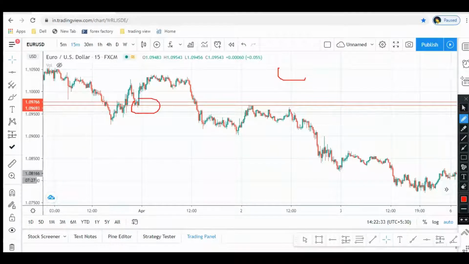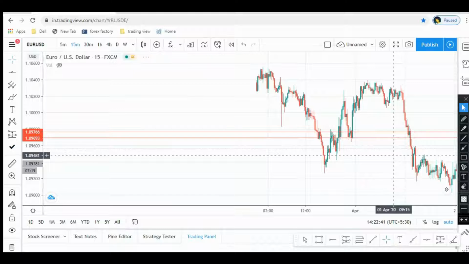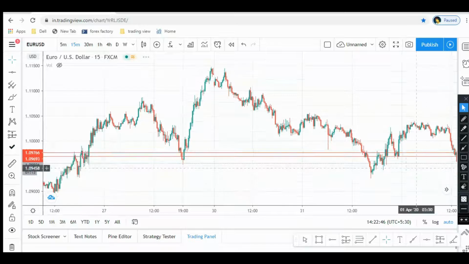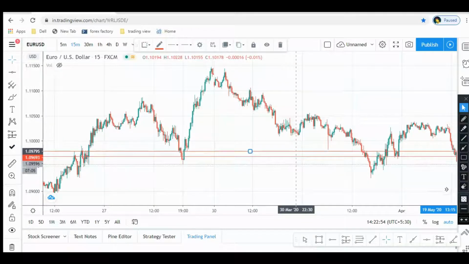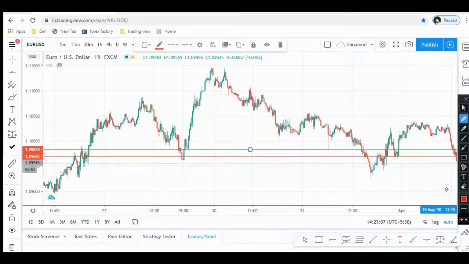Here also you can see price acted as a support. We have to find out which one is a very strong support and which one is a very strong resistance, like at this particular area. Let me mark the zone. I will definitely rely on this line, because this particular area shows me that if the price reaches this place, the price will definitely react at this area.